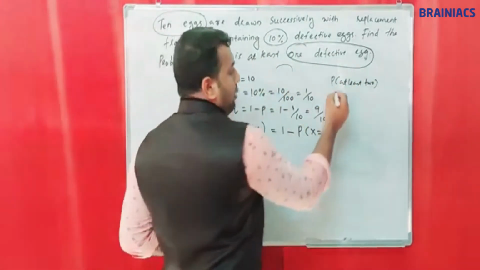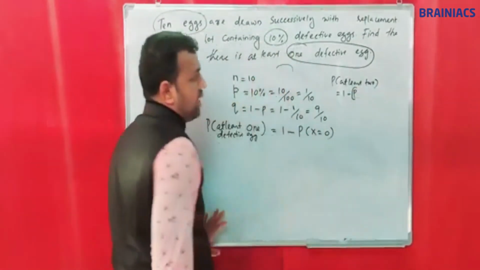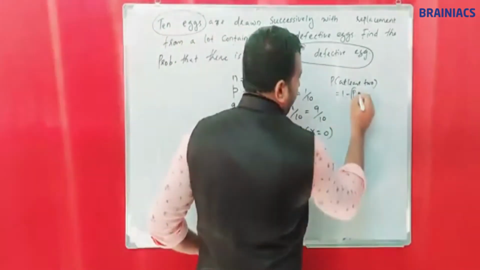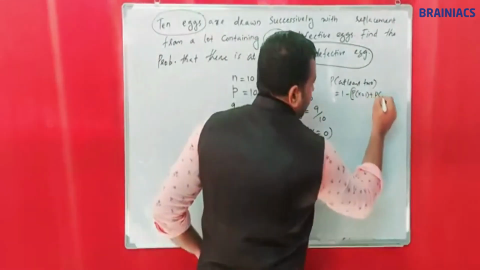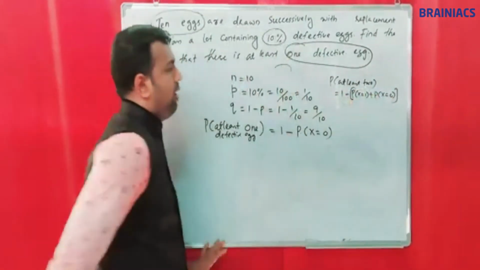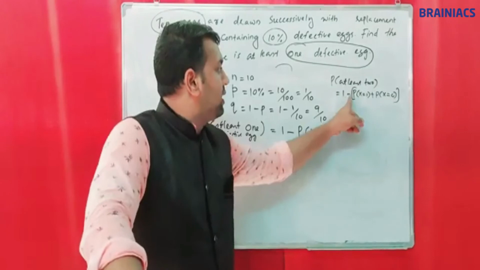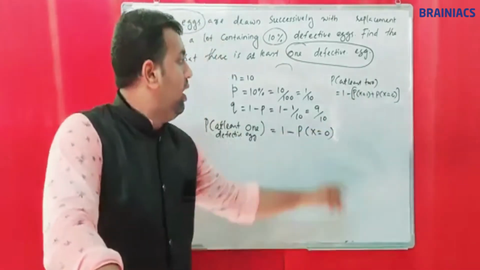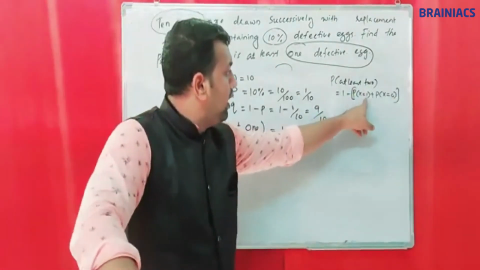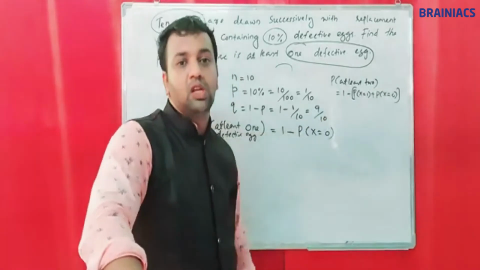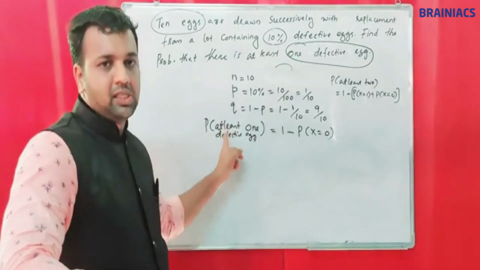Okay. How? 1 minus P of, there will be a bracket after minus, P of x is equal to 1 is not here, and x is equal to 0 is not here. So to find P of at least 2, we can use 1 minus P of x is equal to 1 plus P of x is equal to 0. There will be a bracket after minus. Okay, so the minus will enter to P of x is equal to 1 and P of x is equal to 0 later. Here 0 is not involved in this case.